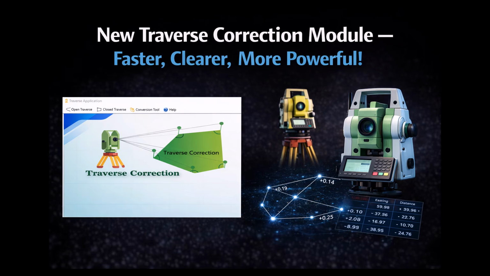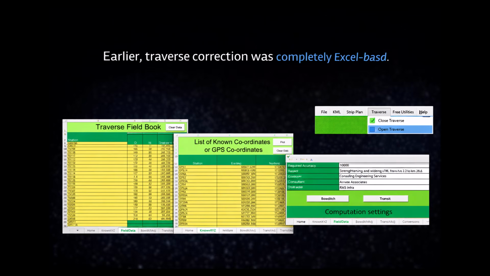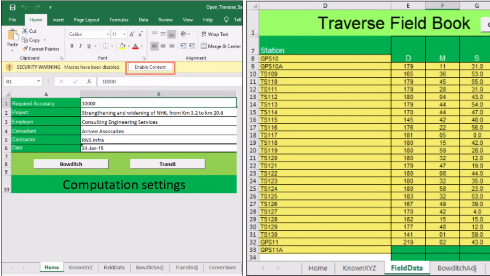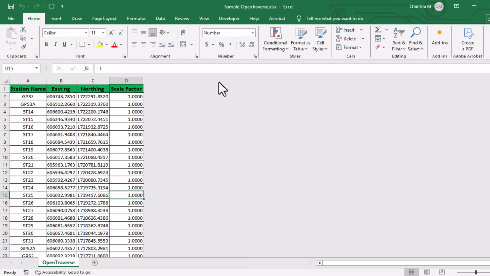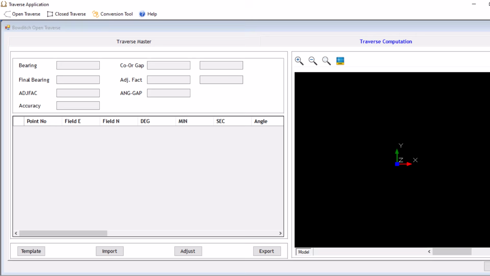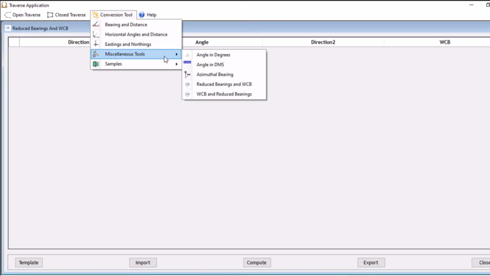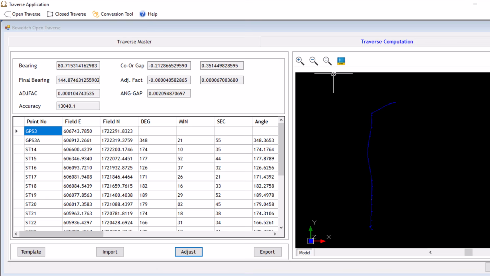8. New Traverse Correction Module. Faster, clearer, more powerful. Earlier, traverse correction was completely Excel-based. While it was simple, many users found it confusing, and the software had limited features. The new traverse correction application is also Excel-based, but with a redesigned interface and enhanced functionality that makes calculations faster,